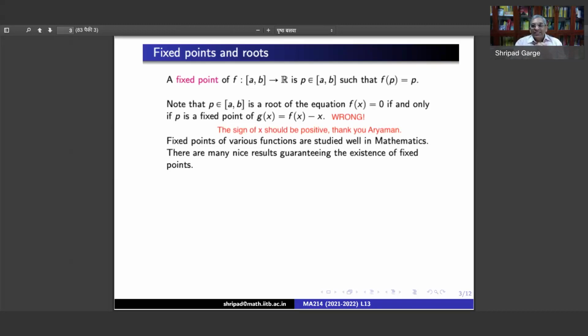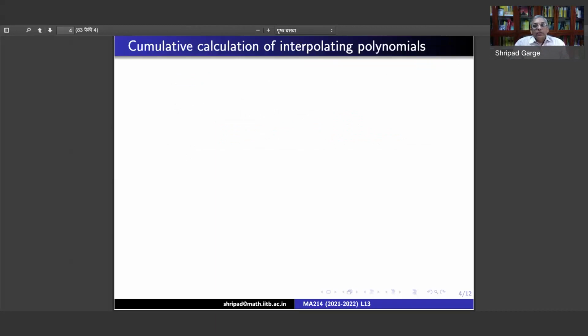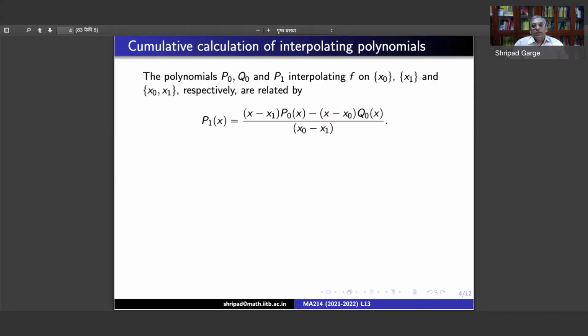I would like to thank Aryaman for this correction. But I think, by looking at the examples that we have done after this, I hope that this confusion would have been cleared. Okay. So coming back to cumulative calculation of interpolating polynomials, we had observed in our last lecture